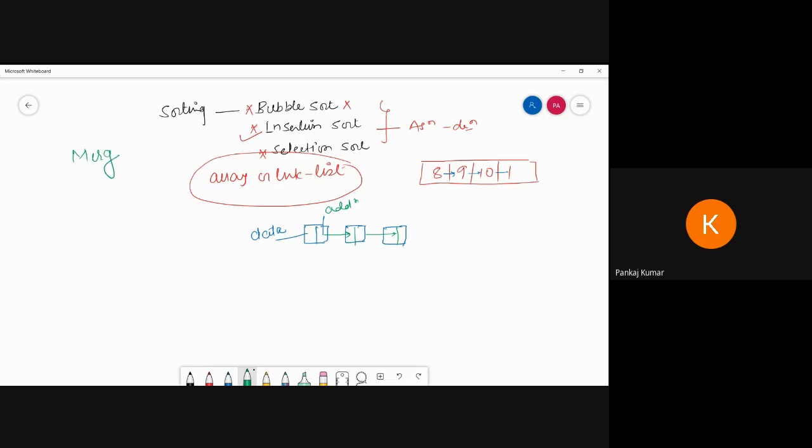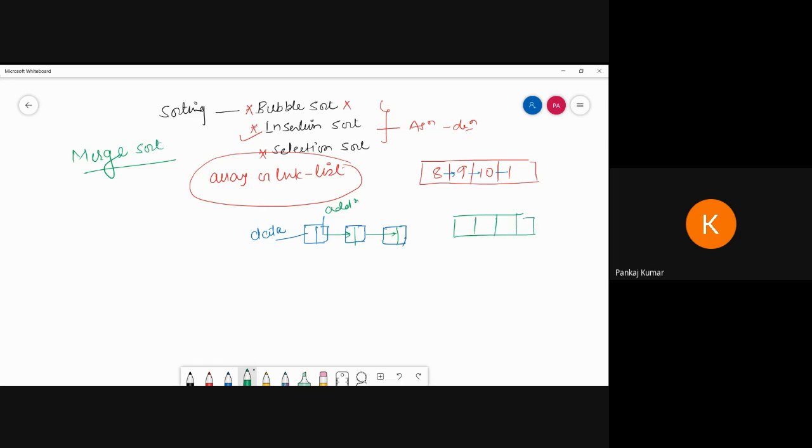I'm talking about merge sort. Why is this important, instead of the already existing bubble sort, insertion sort, and selection sort? Now see, when we apply bubble sort, insertion sort, and selection sort, all the time we traverse the array from the initial position. Yes or no? So we always sort this problem through the initial position.